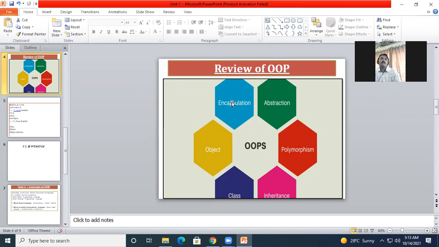But the data from one function should not be shared with the other function. That is what we call encapsulation. Also, in other words, the data in the class is hidden from the other class. It is also called a data hiding mechanism.